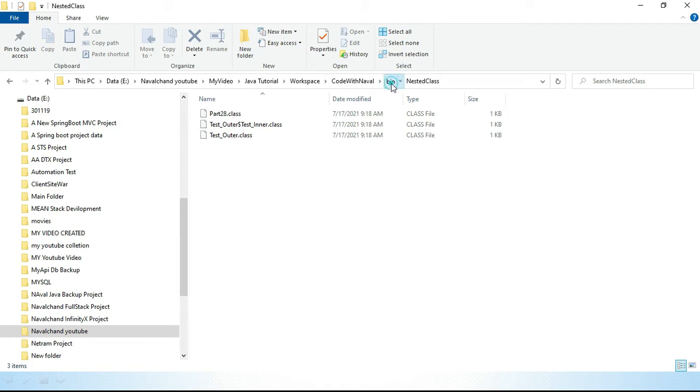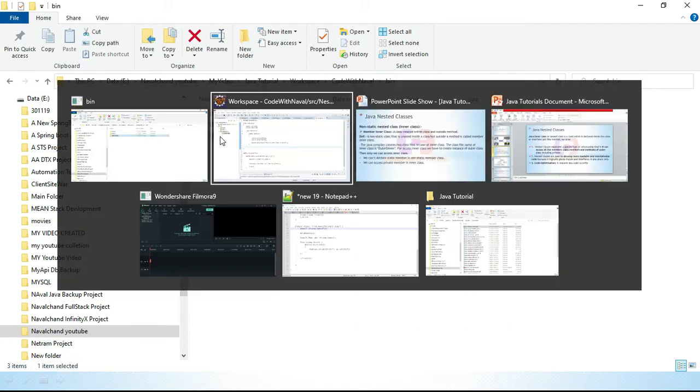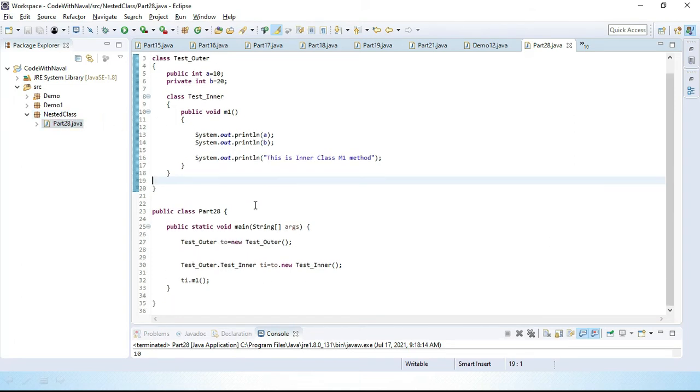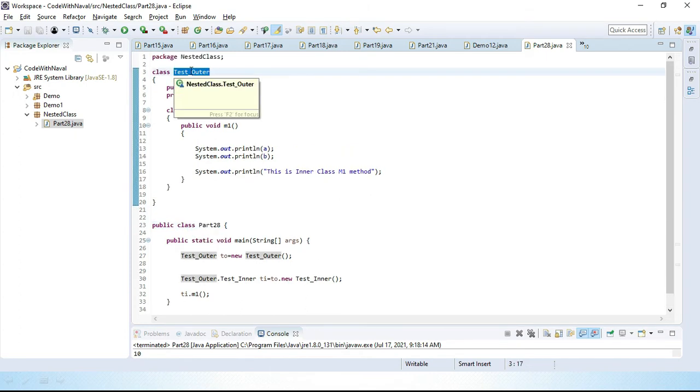You can see we created a nested class package, and here we have one file, part 28. In that file we created a test outer and test inner class.